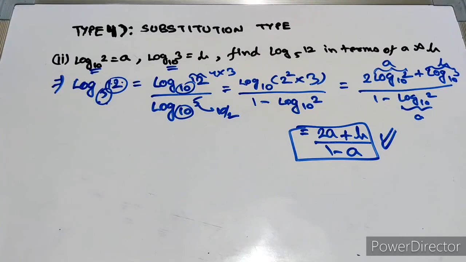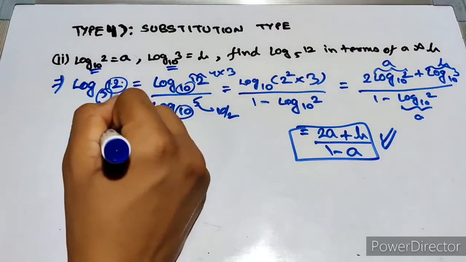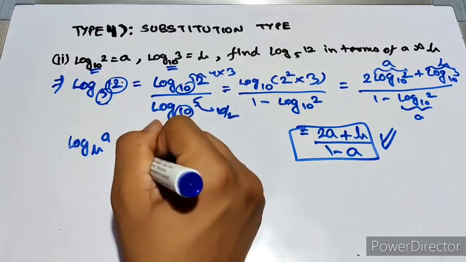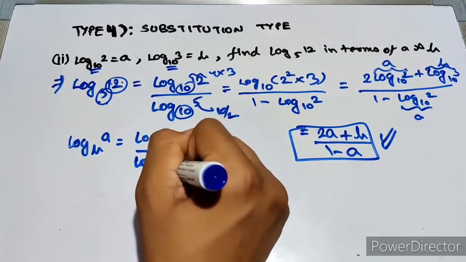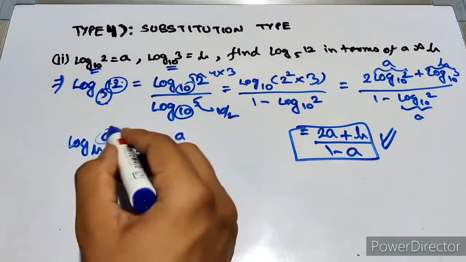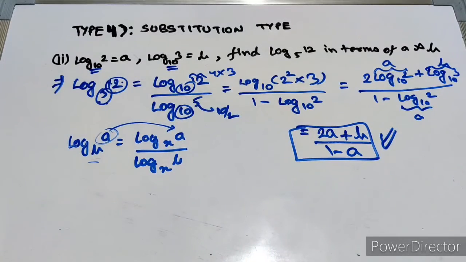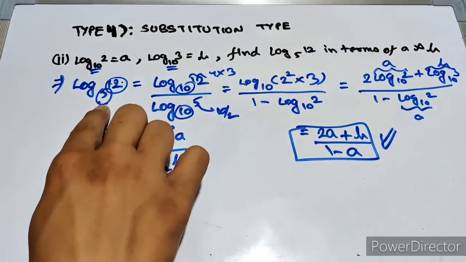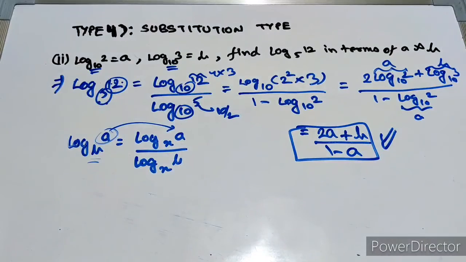Just we have to apply a similar property of log a base b is equals to log of a to the base x upon log of b to the base x. This base thing becomes argument in the denominator, and the argument thing becomes the argument in the numerator only, with a different base, external base of x. And why we have done this, because क्वेश्चन में यहाँ पे 5 था, क्वेश्चन में 10 था, और we had the base 5 for what we need to find the solution. इसलिए हमने 5 को पहले 10 में कन्वर्ट किया to reach the answer.